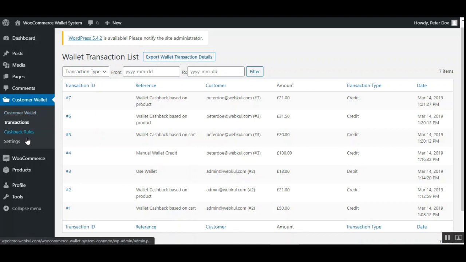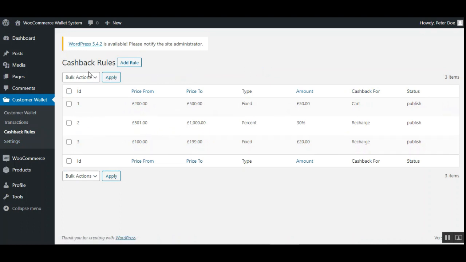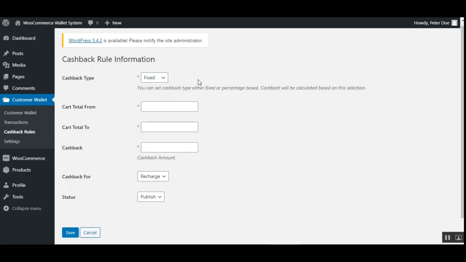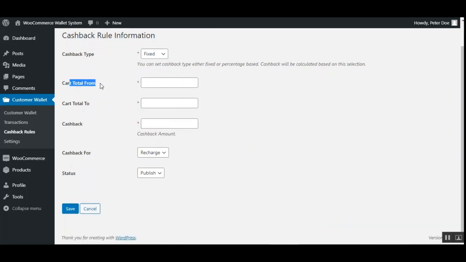Now let's get back to the cashback rules. So basically here the admin can add the cashback rules. To add a new rule, just tap on the add rule button, and this brings up the cashback rule information. And here the admin can choose the cashback type as fixed or percentage as per your own requirement. Then you can set the card total from and to values, and you can enter the cashback that would be